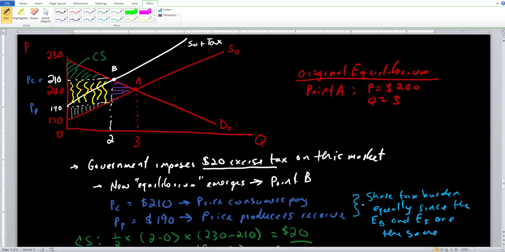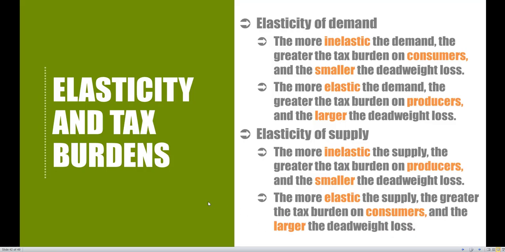We can take a look at all the combinations of these different elasticities of demand and supply with one another with the summary table that we have here on this slide. So we do note that these tax burdens don't always have to be equal, and it really depends on elasticity of demand and elasticity of supply. And let's use a little bit of intuition to build these up.